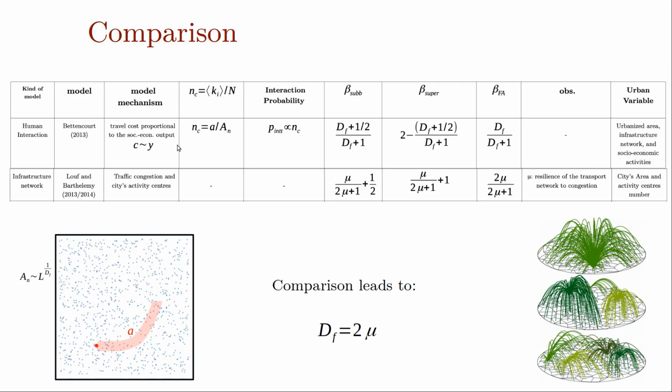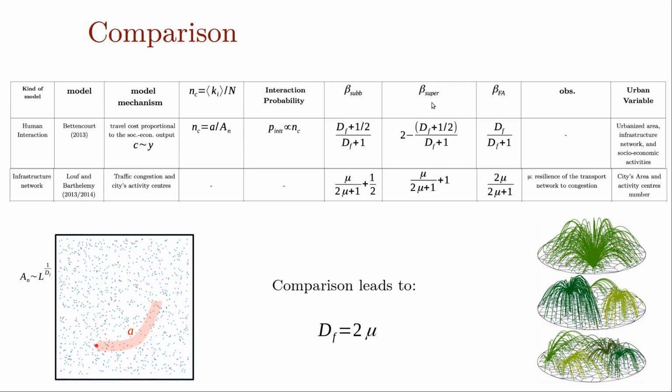And you also have the Lämmer and Bartholomew kind of model that considers the resilience of the transport network to congestion, and the arrival of multi-center. These two models are completely different in their hypotheses, right? But if I identify that Df, the fractal dimension considered in the Bettencourt model, is equal to 2 times the resilience of the transport network considered by Lämmer and Bartholomew,